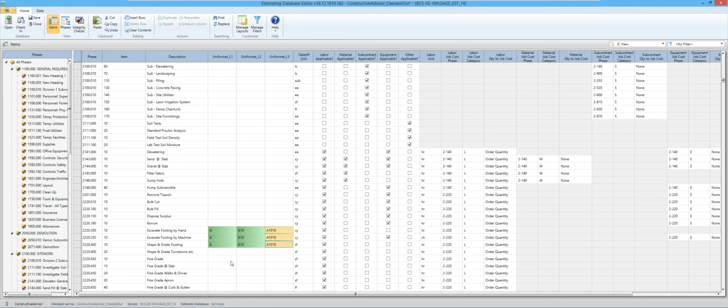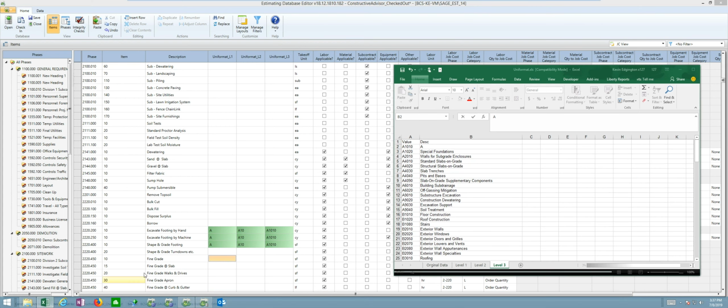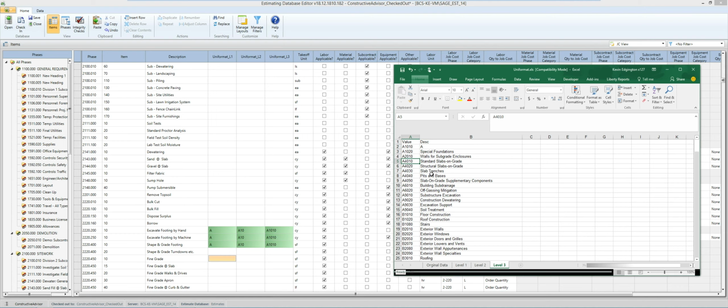Now in these cells, you can use the drop-down box and see a list. The only drawback is I can't see the descriptions of these items. That's why you see me pulling up my Excel spreadsheet to find it in the list and things of that nature. So let's say that my slab's going to use some of this fine grade. I might come over and say that a slab is associated with, let's say, 4010.